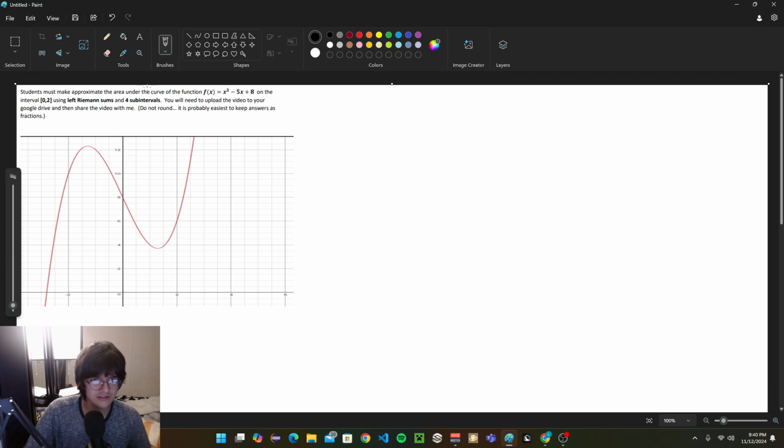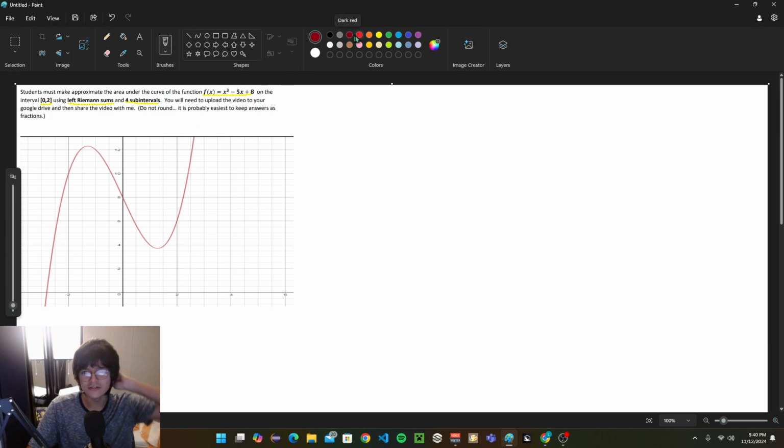Okay, so it says students must approximate the area under the curve of the function f of x is equal to x cubed minus 5x plus 8 on the interval 0 to 2, using left Riemann sums and 4 subintervals. So